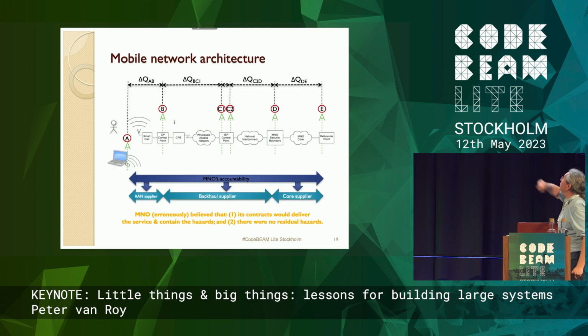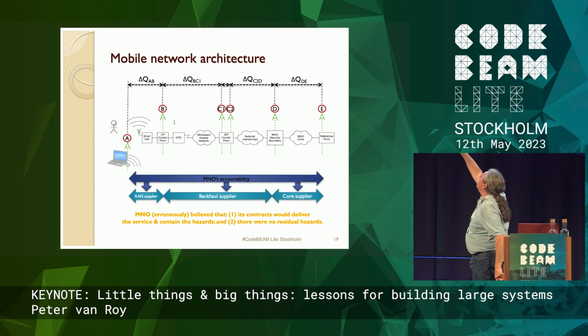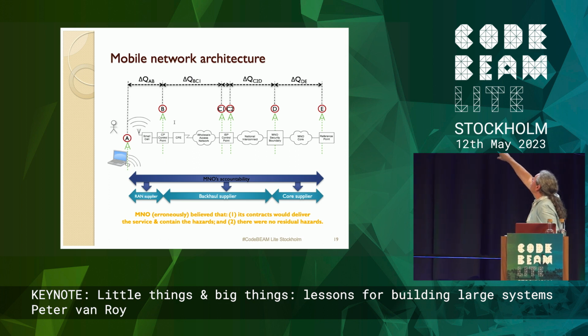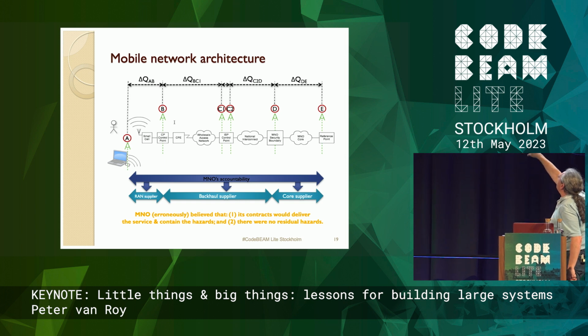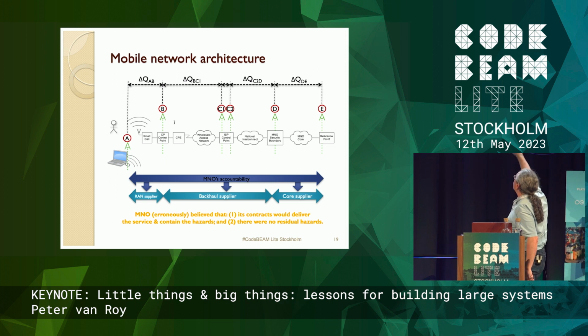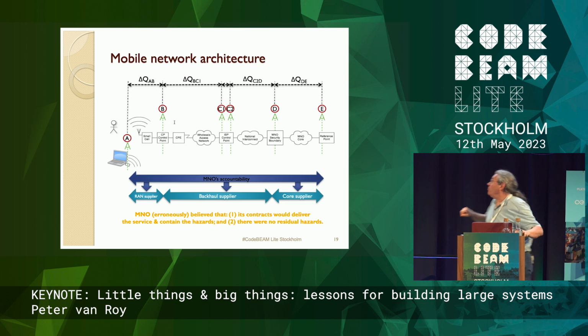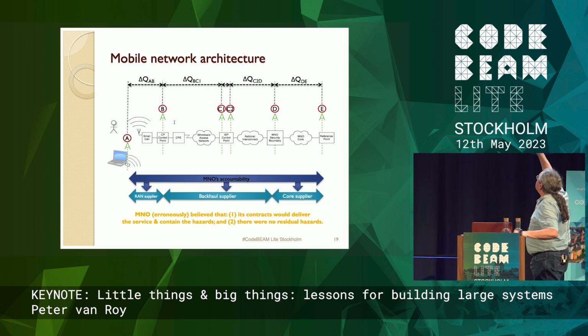So here is the diagram. On the left, you have the users at point A with little small cells. You have the control points. Then you have the wholesale access network, the national interconnect, and then the MNO core. So the core of this big, huge company, who will remain nameless. Okay, so it's not just one company.